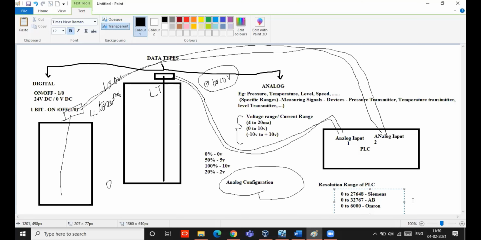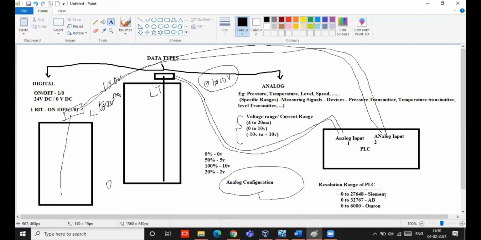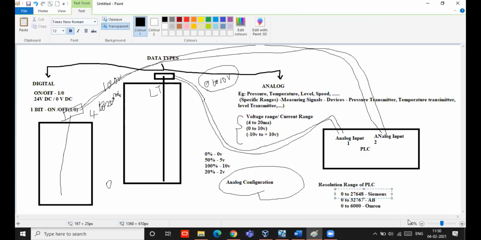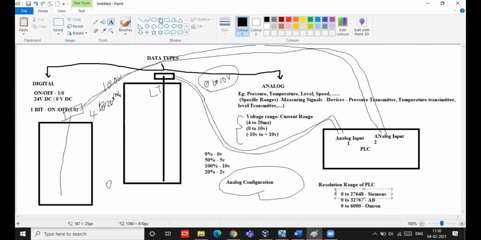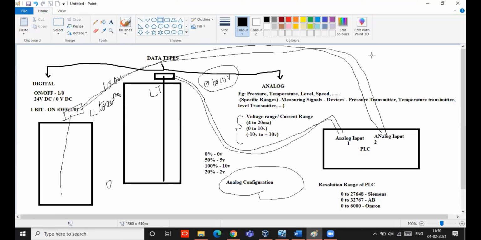Just assume I am using a Siemens PLC. The Siemens PLC's resolution range is 0 to 27,648. So if the level transmitter is giving 0 volt, it will take 0. If the level transmitter is giving 10 volt, it will take 27,648. Like that, for every resolution range, it will be taking some signal. So what will happen?